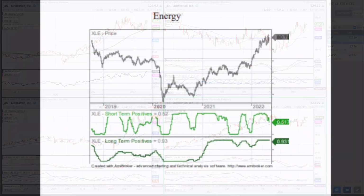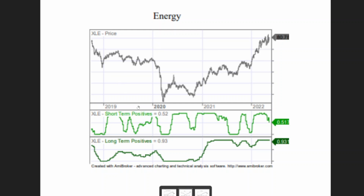Let's go to our next sector, which is energy. And now I have another sector that's down and out. But what I wanted to point out in the energy area, this has obviously been a strong area. It's really one of the few sectors that has held up. But one of the key points here is that in the near term, the short-term momentum and trends have pulled back. And notice how the percent of stocks that are short-term positive has dropped from almost 100% down to 50 in the short term. And so this 50 level can be really important, especially when there's no budging on the long-term trend. So the long-term trends are bullish, and now we've worked half of the charts down on their short-term charts. And what I've noticed is the 50 level can be very important, something to be on the lookout for. So I wanted to bring this up and take a look at